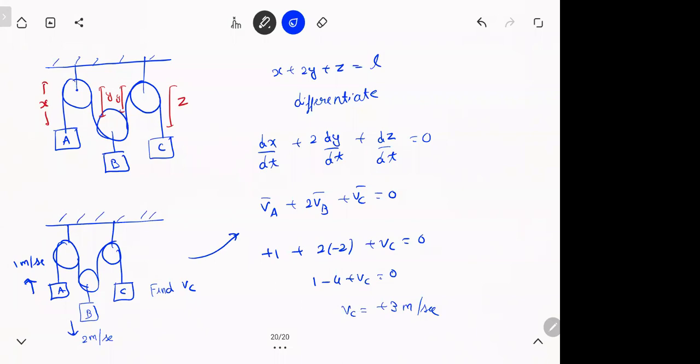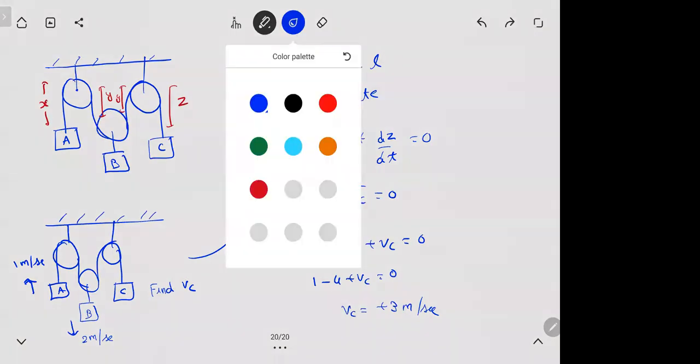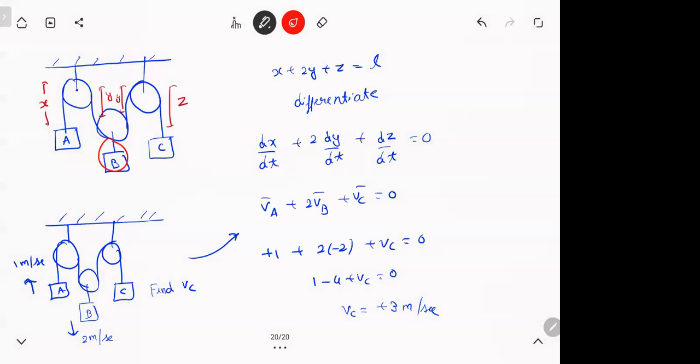So this is how method 1 works, but let's see method 2, that is much more convenient and easier to see. But still I want you to have an idea how this works. So basically, whenever B is going, it is pulling 2 times the string. Unlike A and C, B is a little different. Because there is a pulley, it is messing up with double the string. See, when the pulley comes here, the string has to be at 2 places, isn't it? So whenever B is moving, it is affecting double the string. That's why you got 2y here.